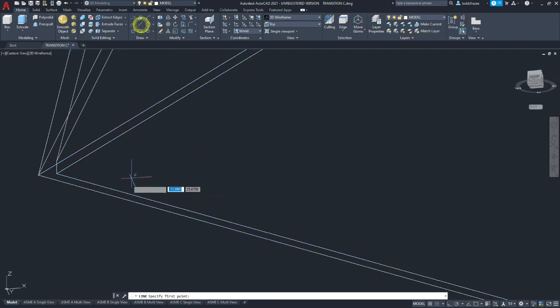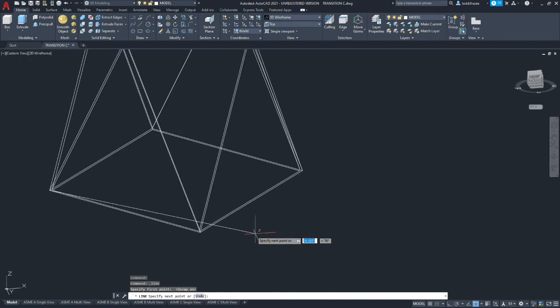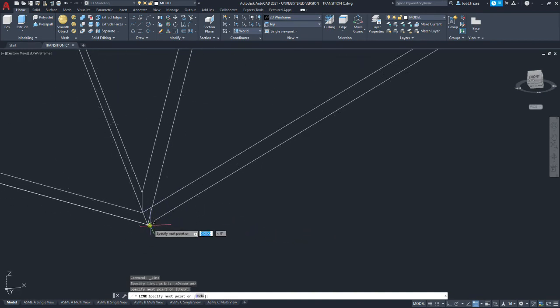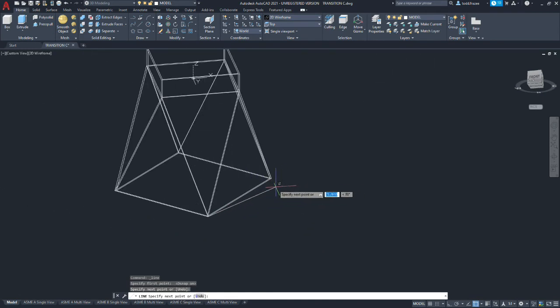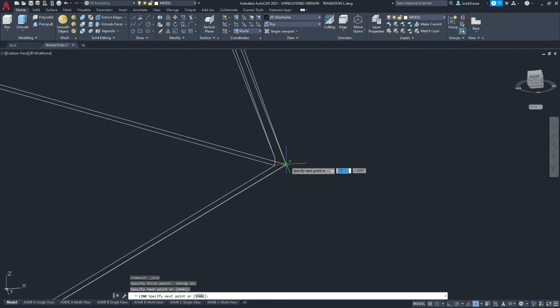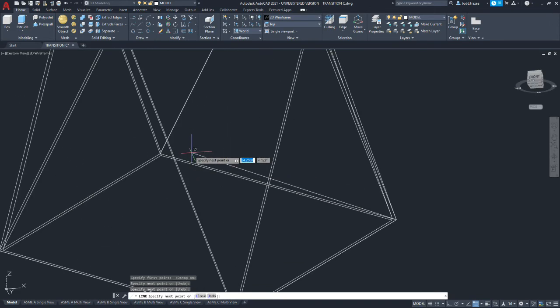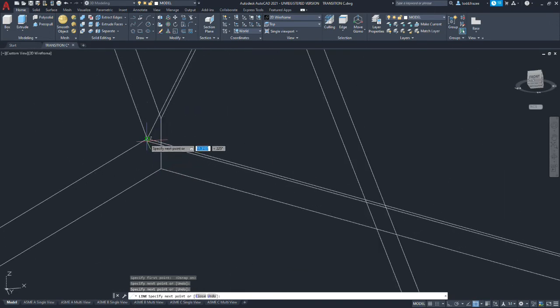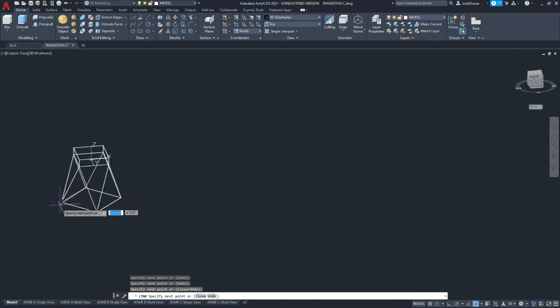So I'm going to opt to trace the bottom of this part and draw an auxiliary square piece by piece so that I can extrude the bottom of the part.